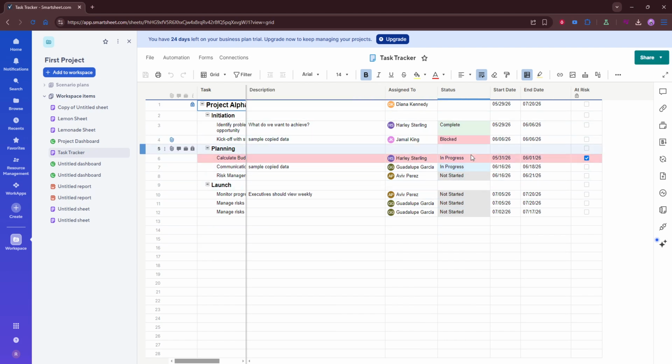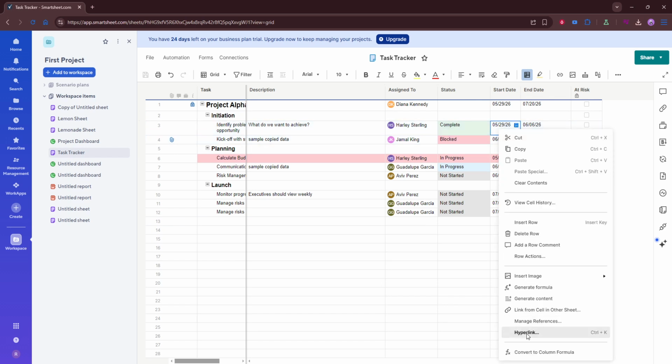Next, confirm that dependencies are enabled in the sheet. In Smartsheet, duration calculations often rely on dependency settings, especially when task relationships and scheduling rules are involved. If dependencies are turned off, the sheet may not behave like a true project plan, and durations or dates may